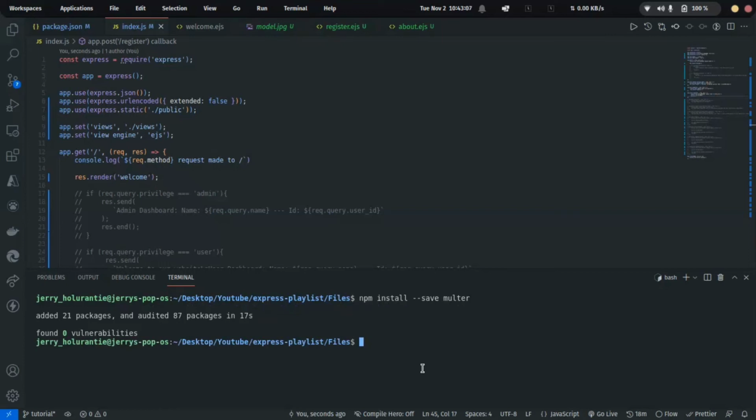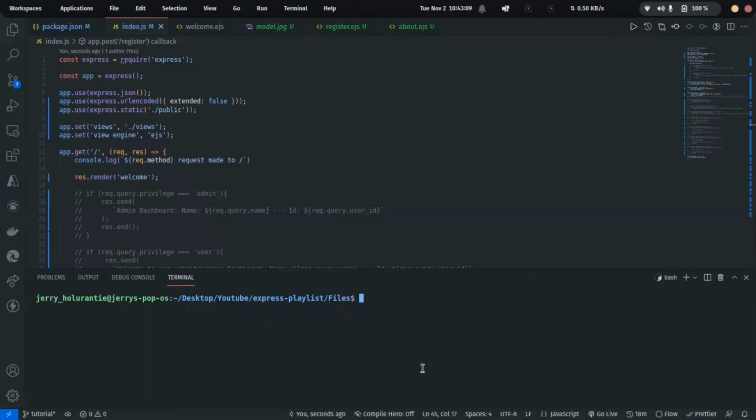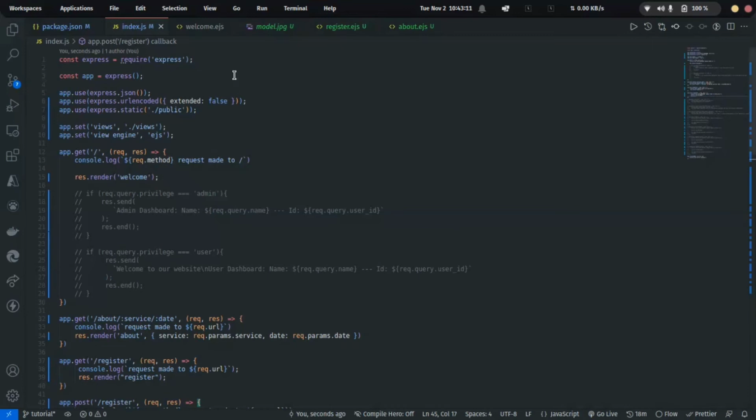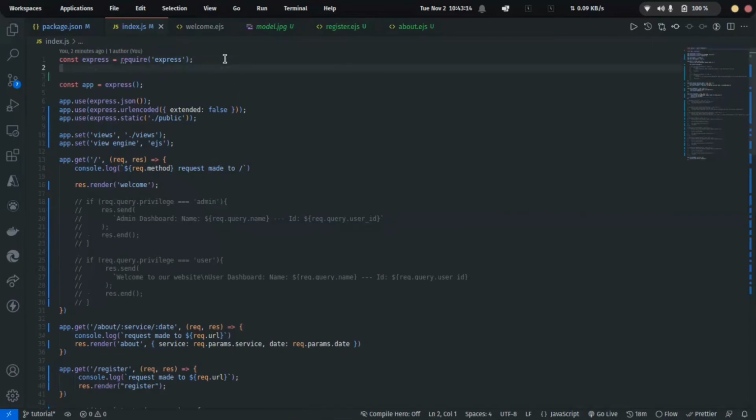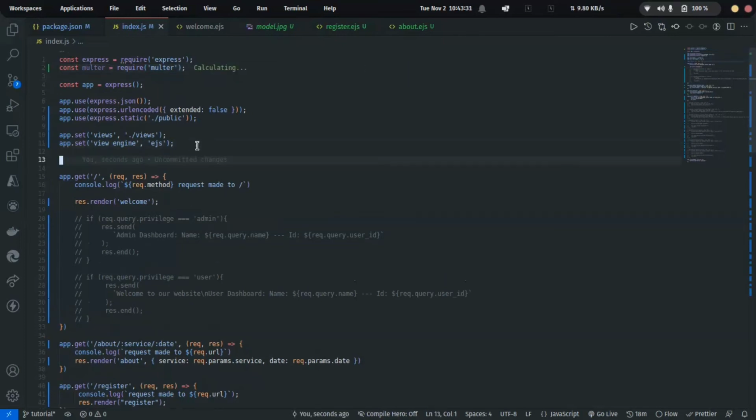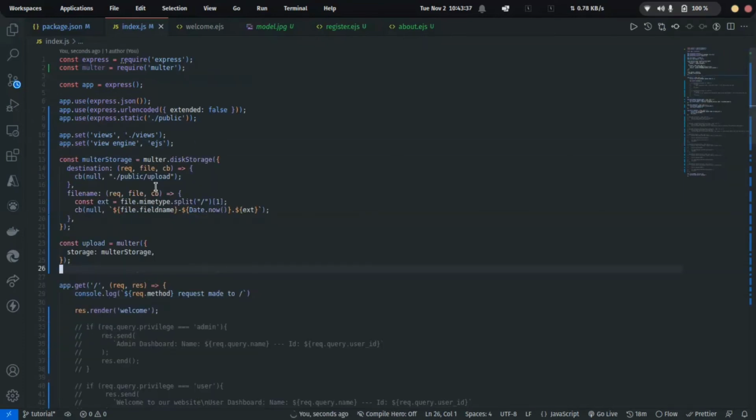So now that we have Malta installed on our Express project, we can go ahead and import it into our index.js. So we're going to say const Malta equals require Malta. So cool, that's all we need to do now. We also need to set up some configurations for Malta. So I'm just going to paste the configuration right here